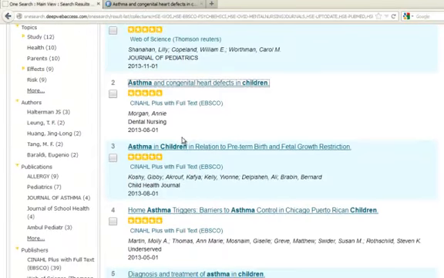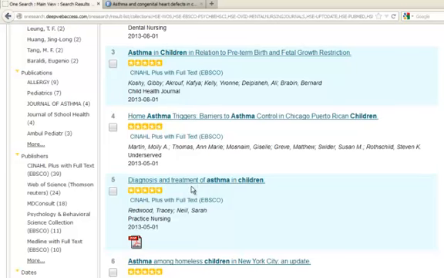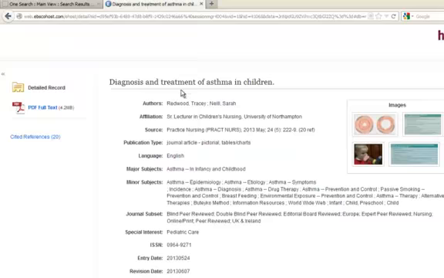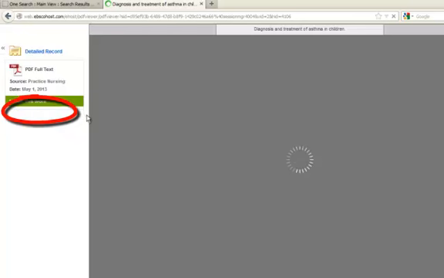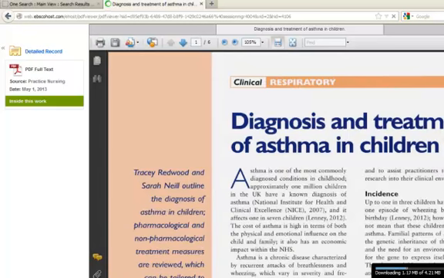Let's try another one. Diagnosis and treatment of asthma in children. In this case, we have the full text available, so I can click on that PDF link and it will bring me into the full text of the article. If I wasn't connected to a HSC network computer, it might prompt me at this stage to enter an Athens